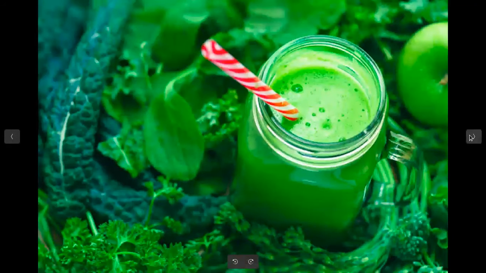One more photo we'll be seeing: cool color, and a very small amount of warm color is added. So this is how, if you can take absolute control of what type of color palettes you are going to use, then the visual experience that a viewer gets from your photo will be excellent.